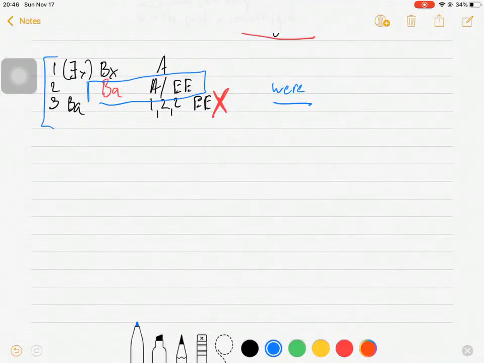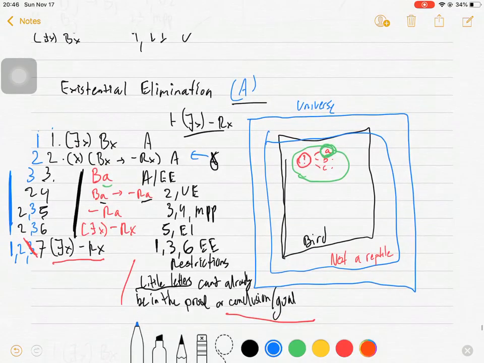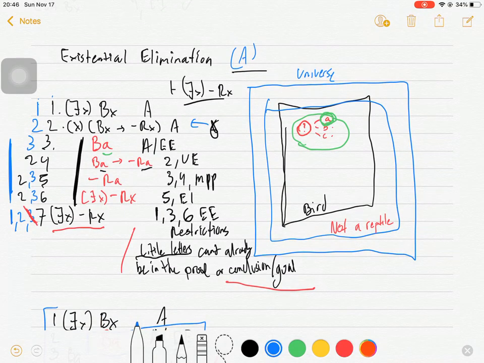And nothing that we ask you on the exam will be asking you to prove this type of claim because it's an invalid item. And yeah, we wouldn't ever ask you to prove something that is invalid. We might give it to you and ask you to tell us why it's invalid, but you won't have something that looks like this. Most of the homework problems look more like this, where you use EE in order to make an EI move, like on line 6 right here, and then you more or less reiterate the EI move, but the citation is EE.